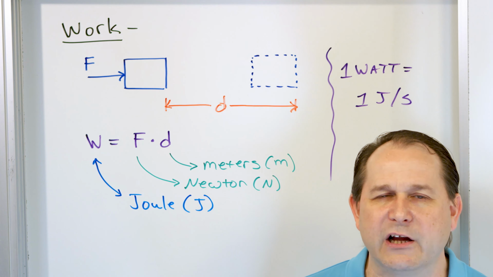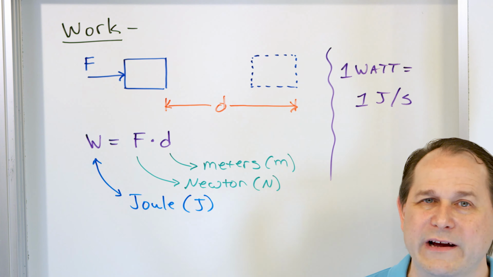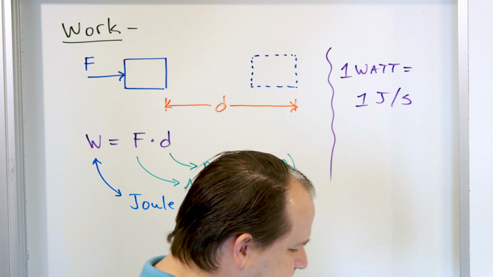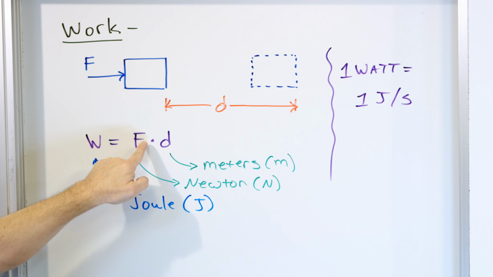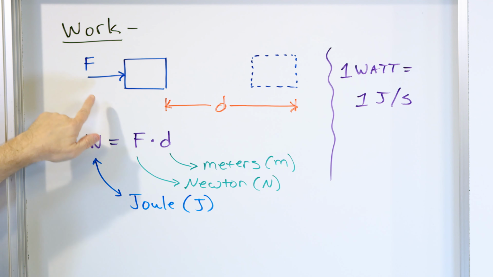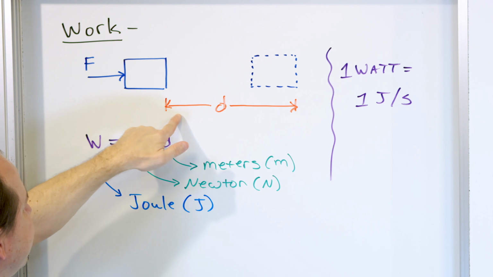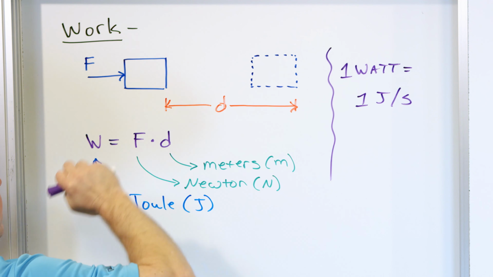That means they're all very closely related, and that's why I can't break this long lesson up, because they're all interrelated. If I broke it up, you would never see the continuity between them. All right, so unit of joules, force, distance. Now, another thing I need to say, I wrote this as a dot here, force times distance. If you take a physics class, you will learn that this works great if the force is lined up in the same direction as the distance, but if the force is angled at some angle, then it's not